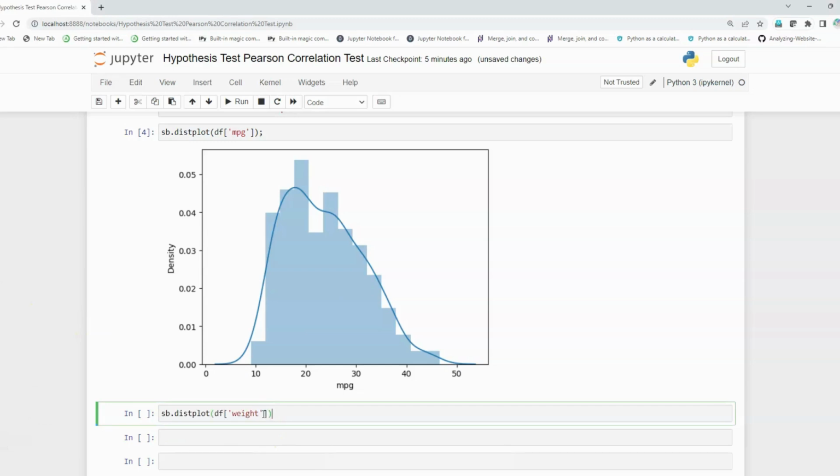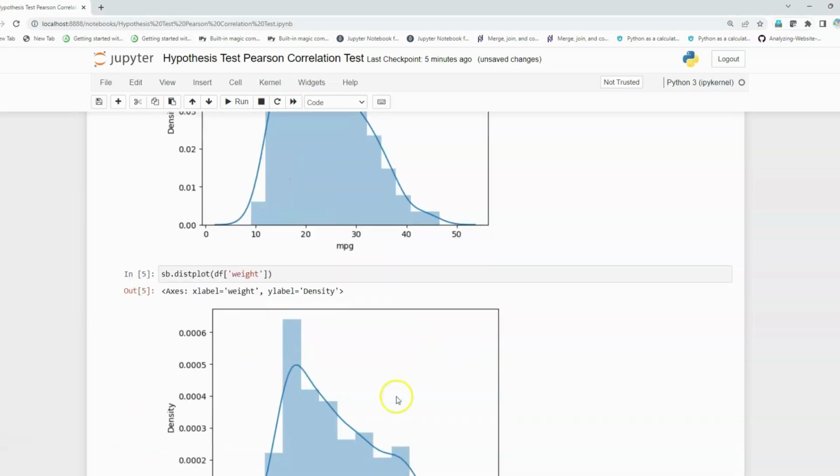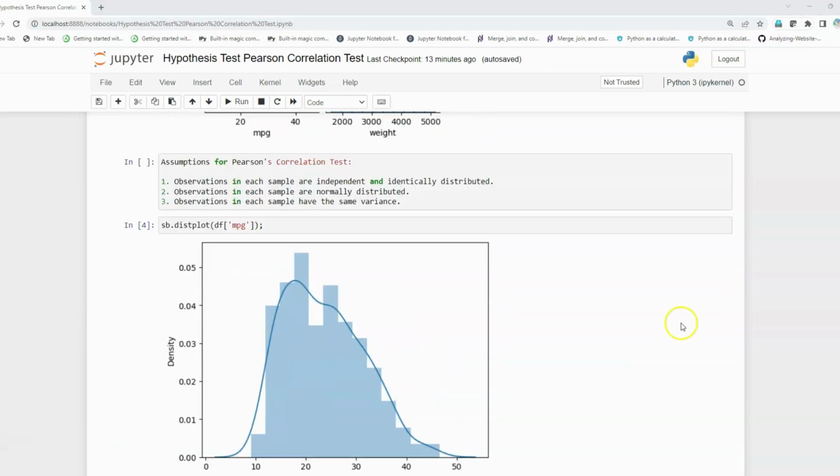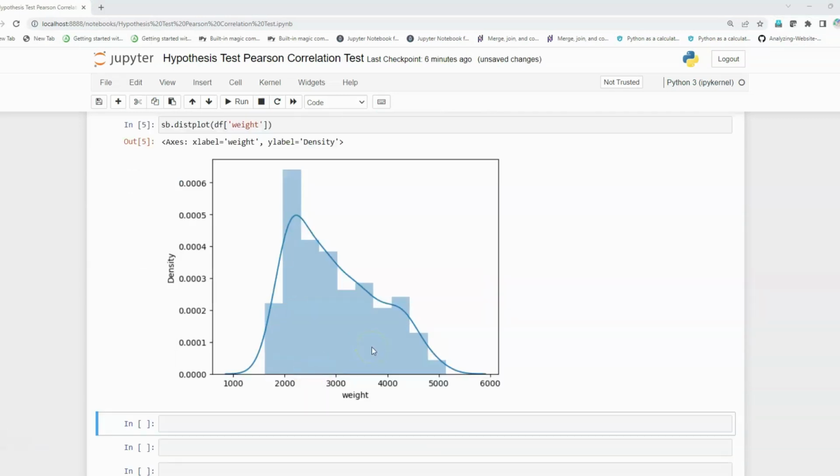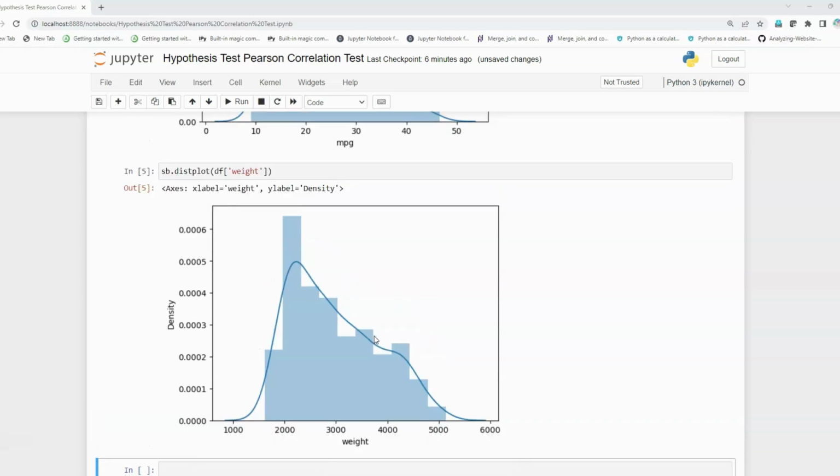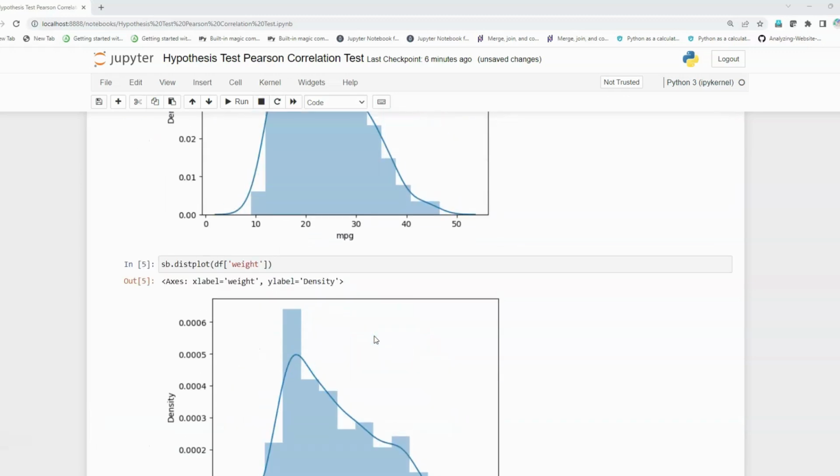So I get this kind of plot, so it is also slightly skewed. But here we can assume that this distribution is somewhat normally distributed